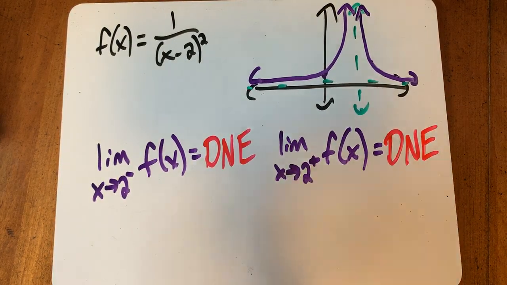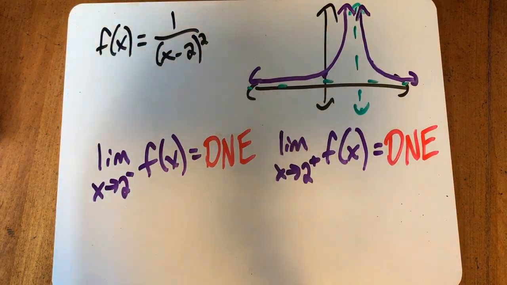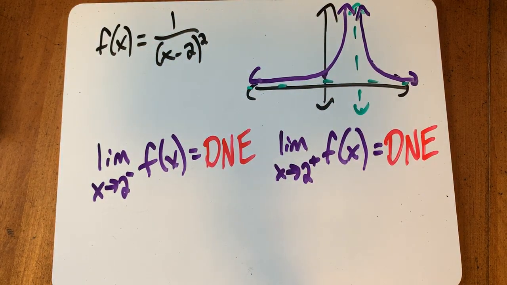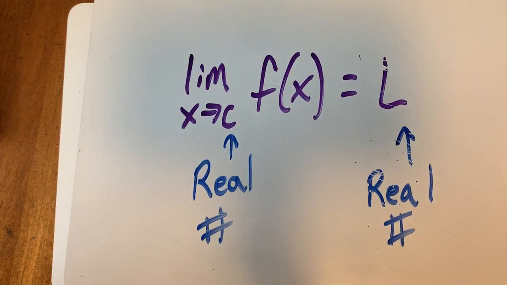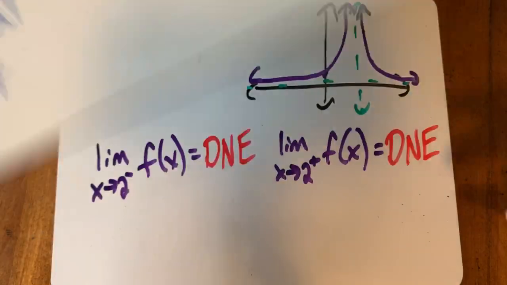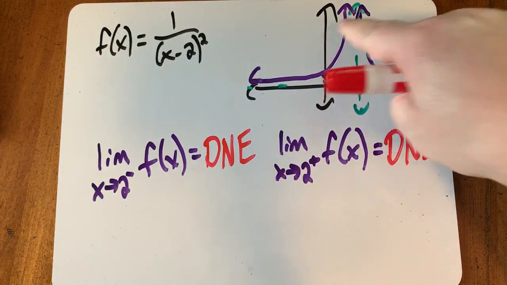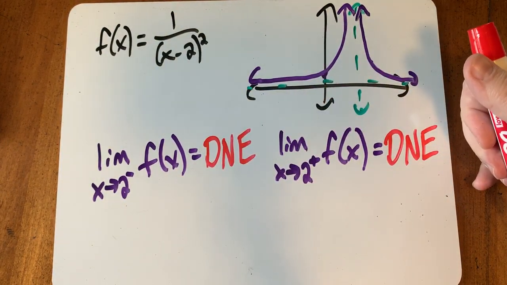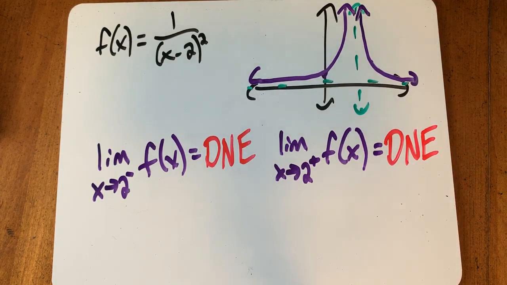And that goes back to our first definition of limits. I think that's my first slide. Oh, kind of scraped off some of it. But if you look, the limit equals a real number. Are both sides approaching a real number? Last I checked, infinity is not a real number. But